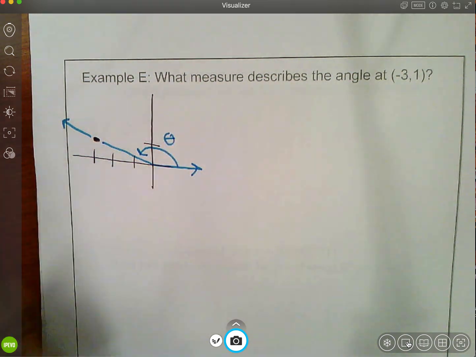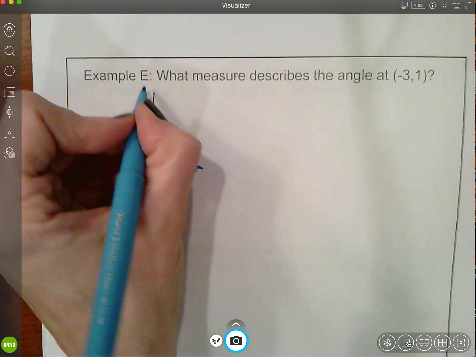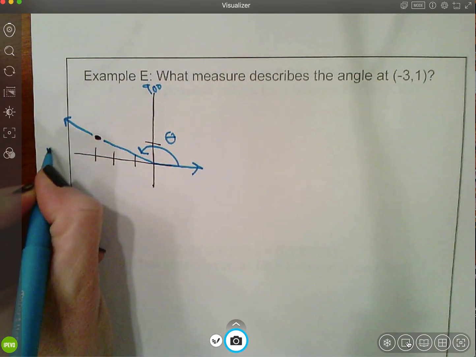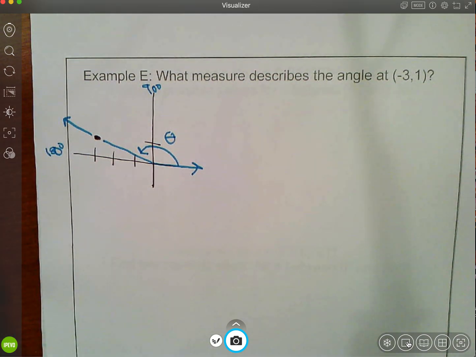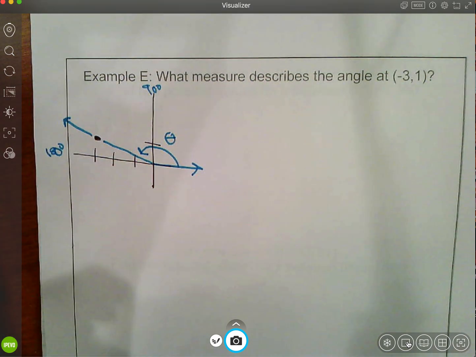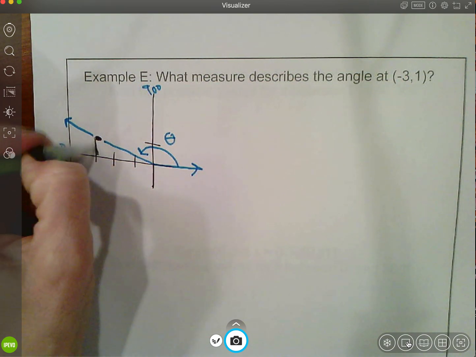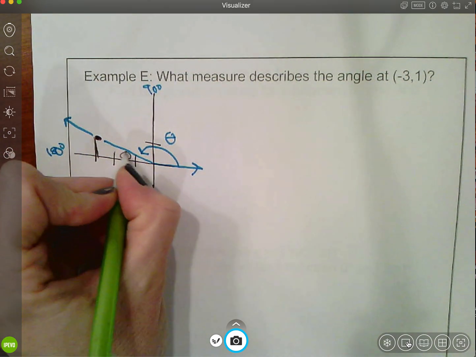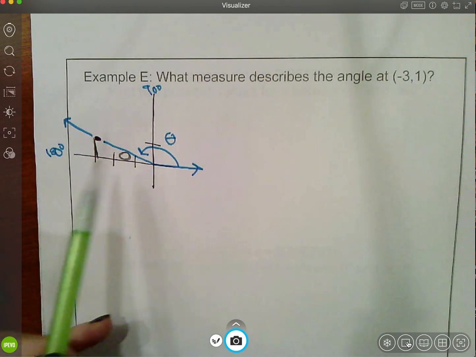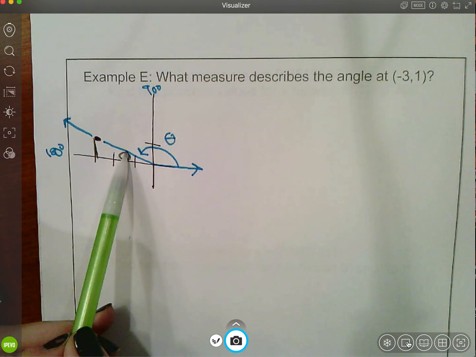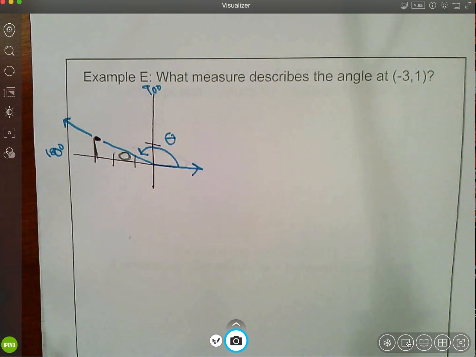That's the angle measure we're looking for. So I know my final answer will be somewhere between 90 degrees and 180 because it ends in quadrant 2. And what we're going to have to do, again, shoot, I wish I had drawn this bigger. When will I learn? Is we'll connect this with the nearest x-axis. So our reference angle here will be what will help us. Once we find that reference angle, we'll take 180, subtract the reference angle, and what's left will be what we're